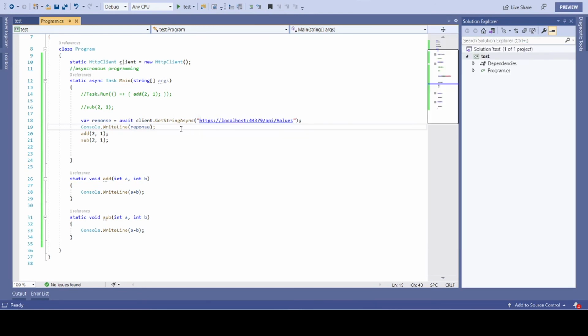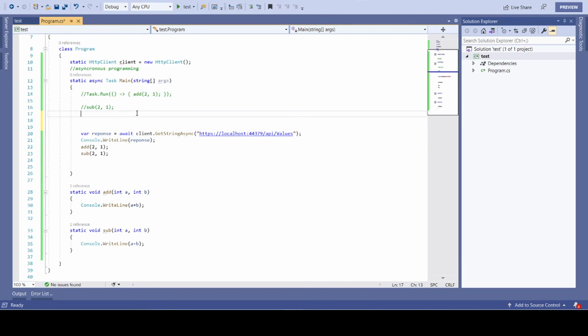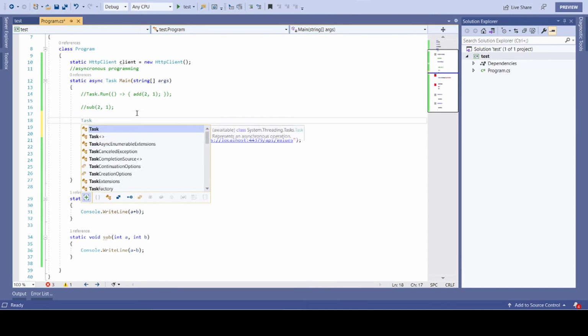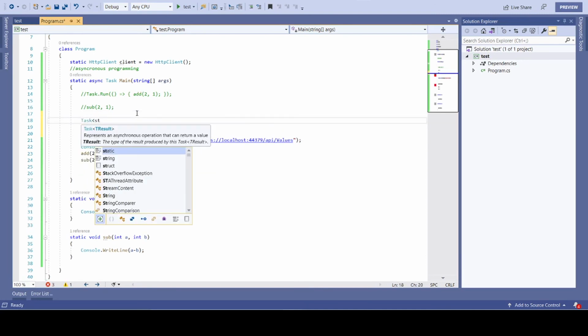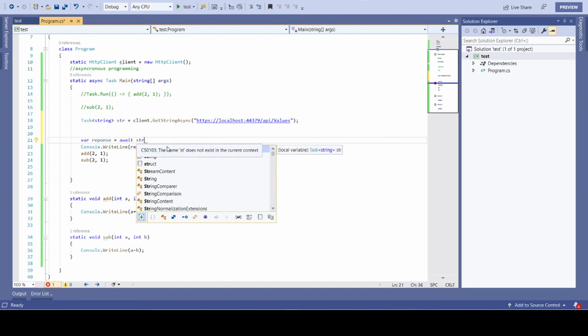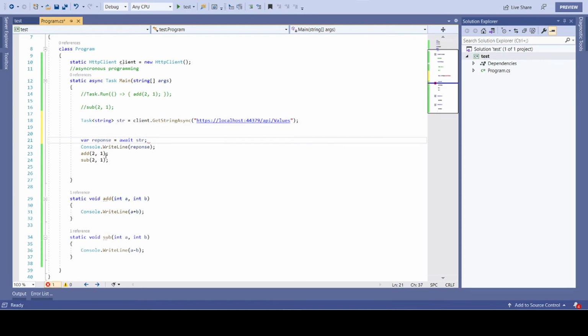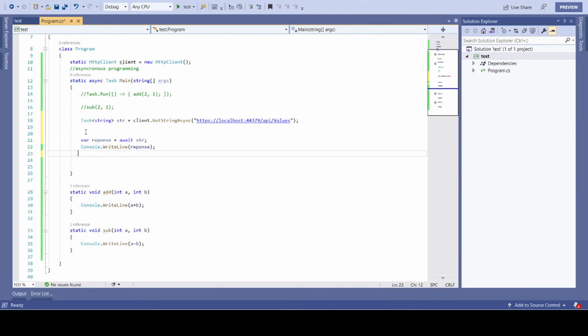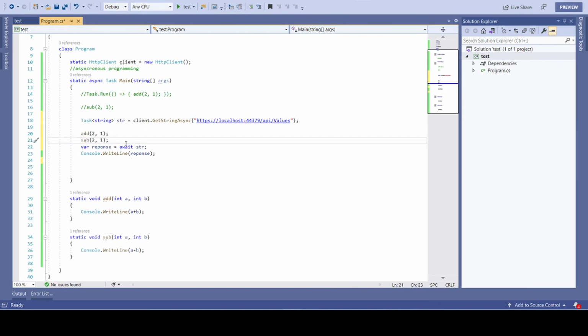Now we can change the way we are calling. What I'll do is create a task, and since we are getting a string as the output, I'll name it str, and I'll copy this particular call from here to here, and await str, and call it in this way.